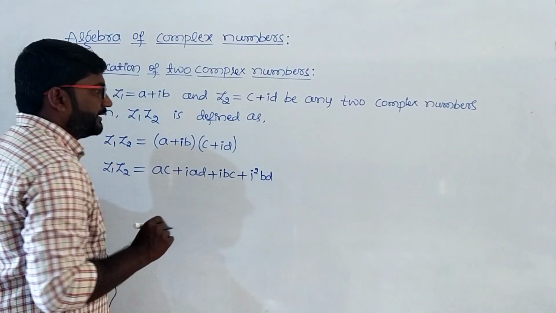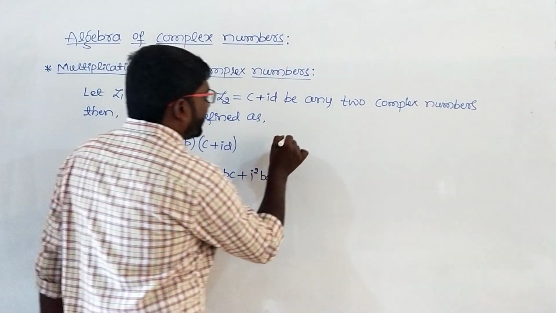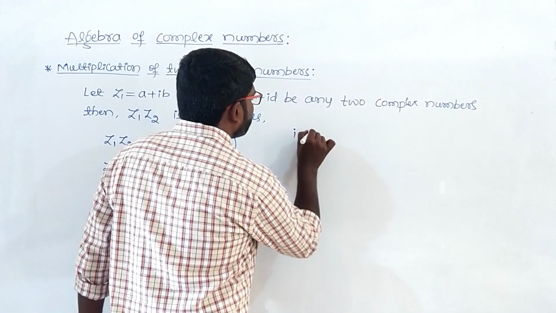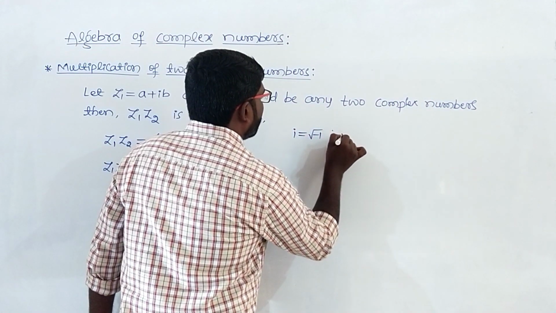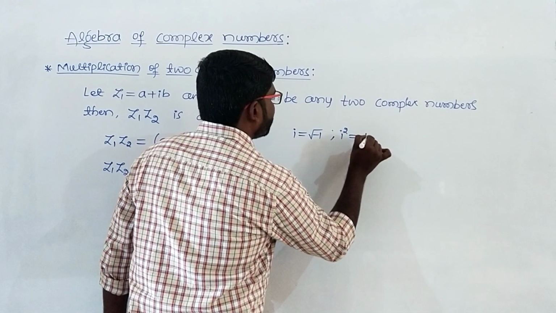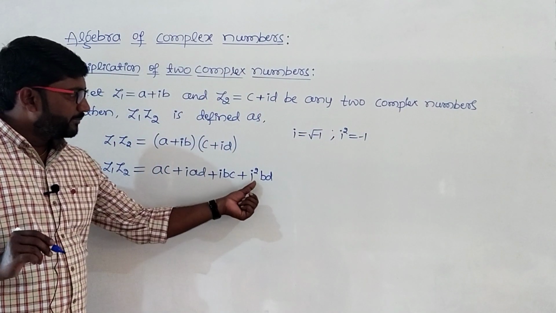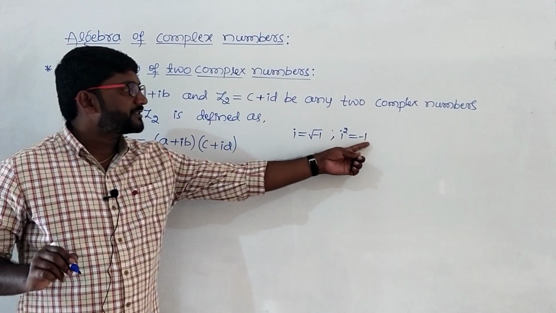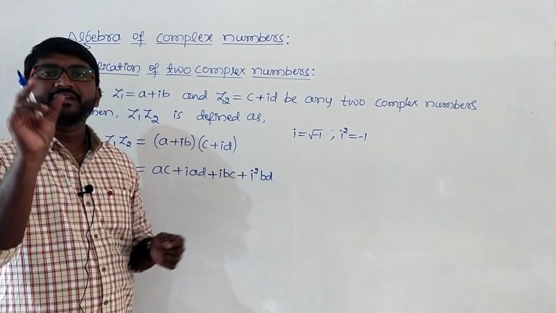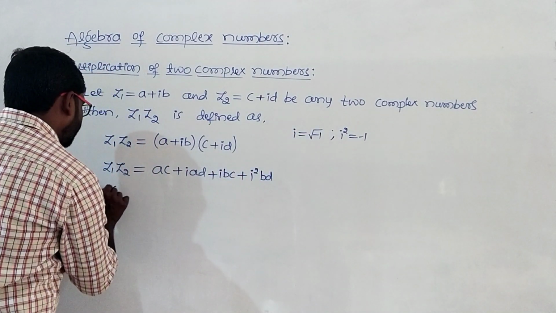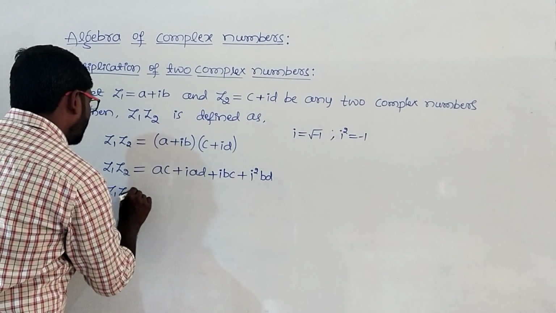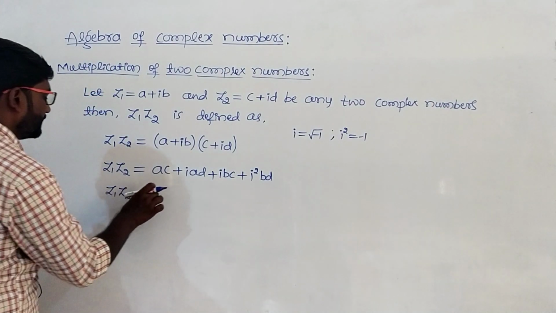So now in the last class we have discussed the value of i and i square. i is the square root of -1, so i square is -1. So here in place of i square we can write -1. So now Z1 into Z2 is equal to